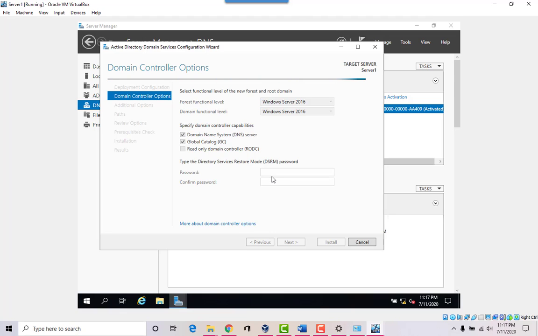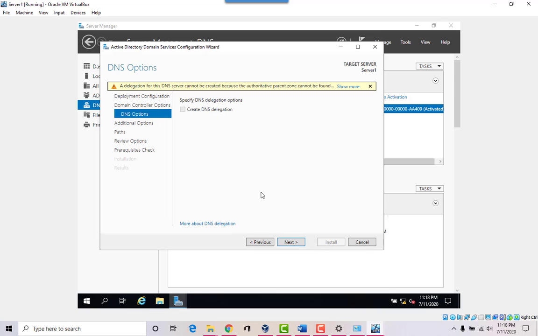We'll just use the same password. Okay, CSULB 1949 with a capital C. Okay.